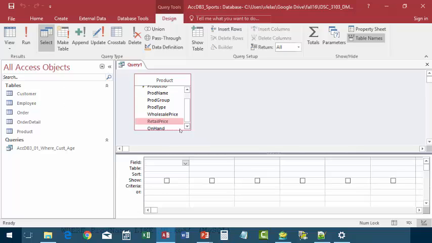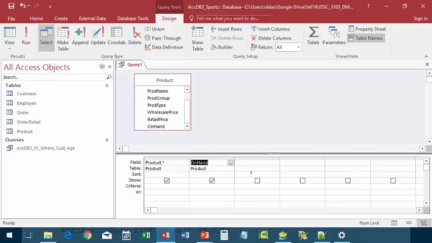The product, you can expand it if you need to. And then to bring all the columns, all 7 columns, okay, the equivalent of the asterisk is this thing here. Drag it and you drop it. And it's going to add all 7 columns, or however many are in a table, to the query grid. Then, because we have a criteria, this is slightly different from MySQL,